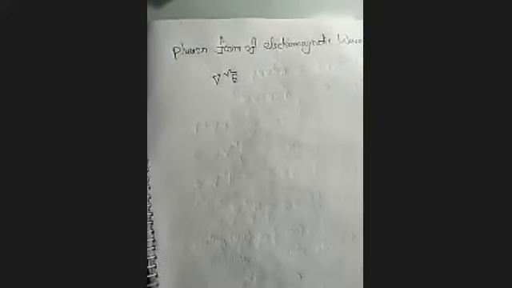Okay, it has started. Now we will solve for the phasor form. At first, we write our integral form: del square E is equal to mu sigma del E by del T plus mu epsilon del square E by del T square. This is our first form, and there is another one.